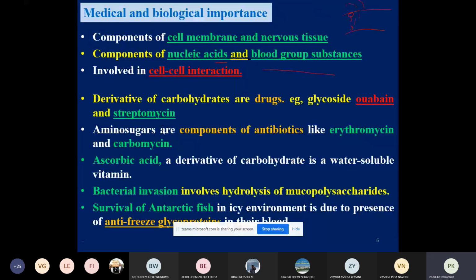Cell membranes are involved in various interactions, as we have already said in the last class: cell interaction, cell recognition, cell adhesion, as well as host pathogen interaction, host immune response, metastasis, and intracellular trafficking and localization. All these are mediated by